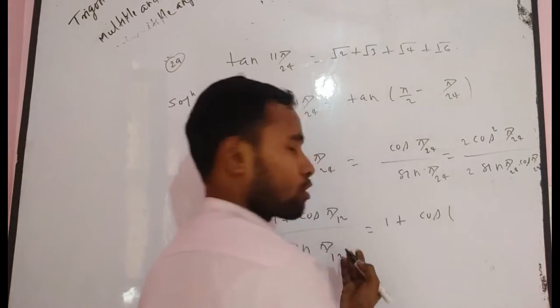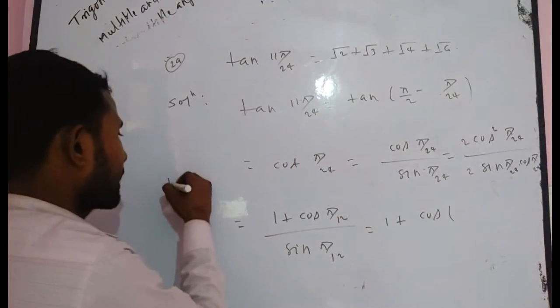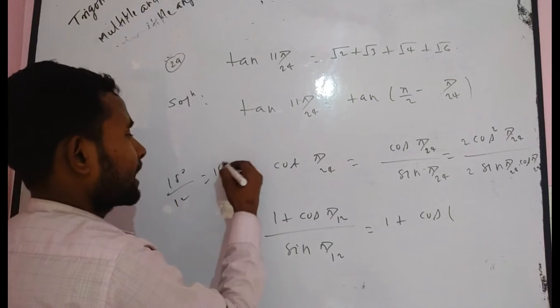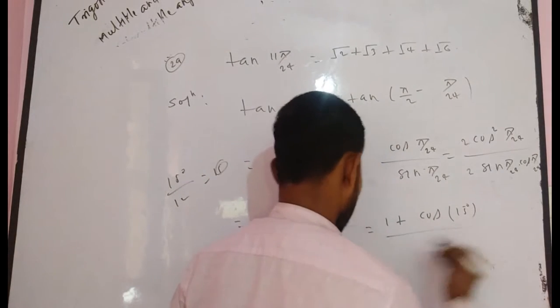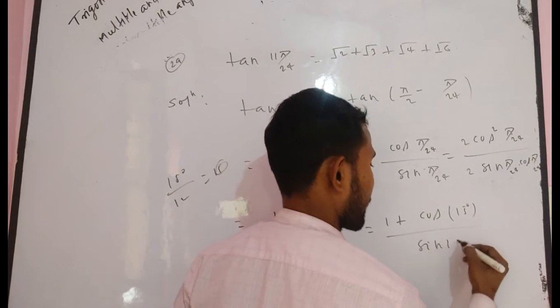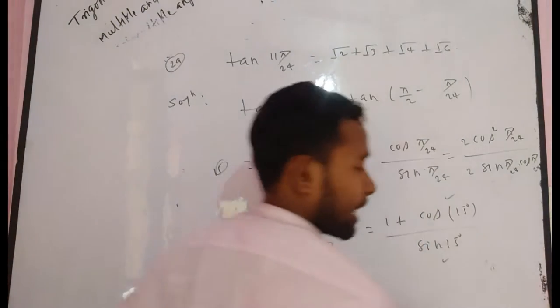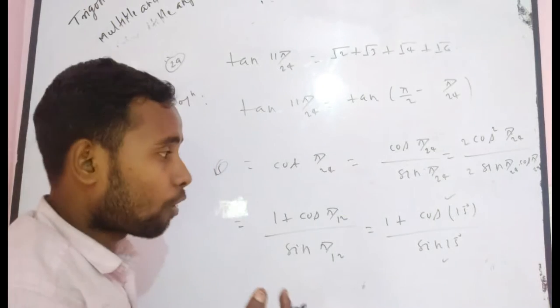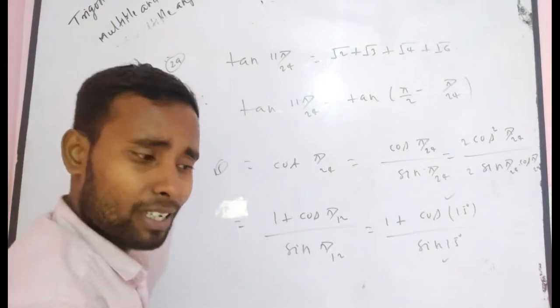I think you can also find, but I want to give you another formula, because pi by 12, that means 180 degree by 12, that will be what? 15 degree. You can find, but I want to, it becomes cos 15 degree divided by, here in denominator you get sin 15 degree. Now you have to find the value of cos 15 degree and sin 15 degree, and you have to put it. Now there is a simple question: how can you find cos 15 and sin 15 degree?